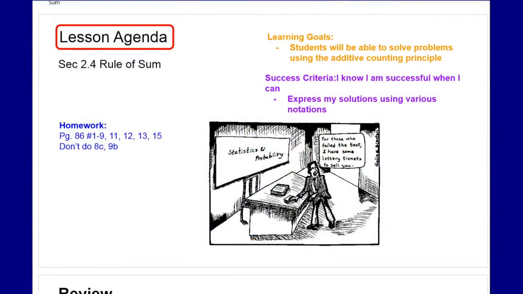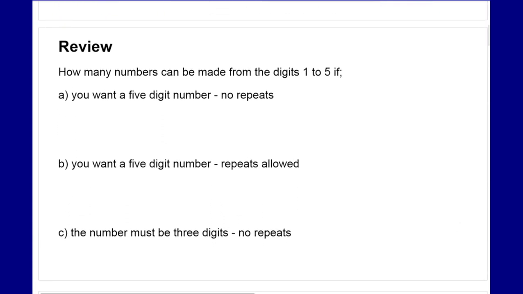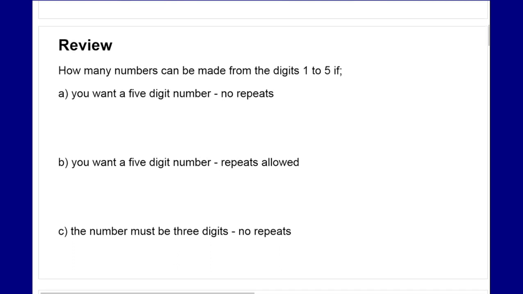In today's lesson, we are going to be looking at the rule of sum. Now, this is going to incorporate some topics that we've already looked at before, but we're going to now apply it to some of the counting and some of the permutations that we've learned about in this new unit. So just to review some of the previous concepts, how many numbers can be made from the digits 1